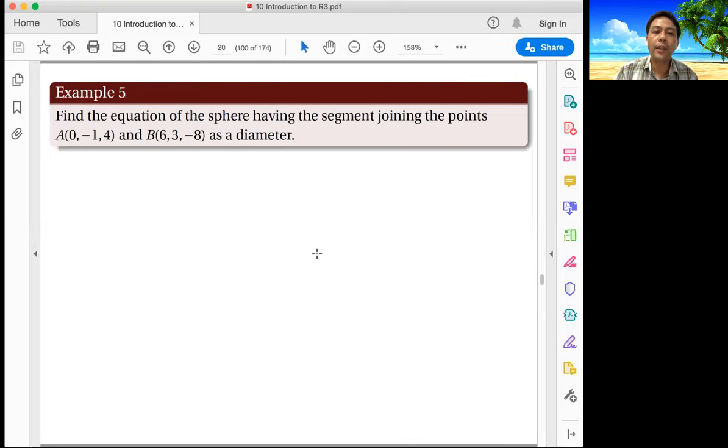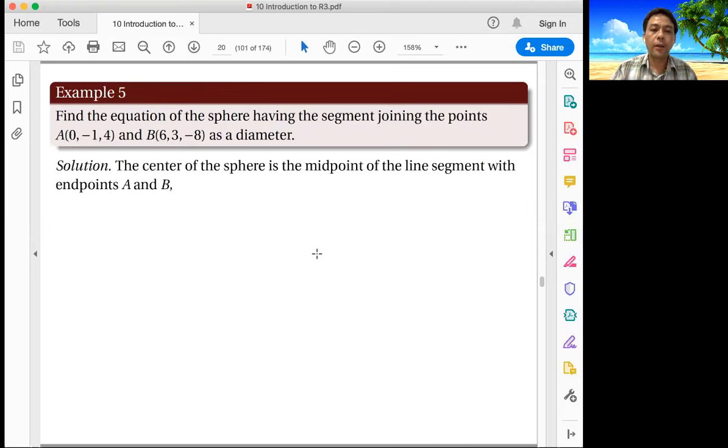Another example. Find the equation of the sphere having the segment joining the points A and B as a diameter. Now take note that the points A, B here are on opposite ends of the diameter of the sphere. So that would tell us that the midpoint of that line segment joining the 2 points will be the center of the sphere. So what do we need? We need to get the center, and that is easily the midpoint of A and B, and that is given